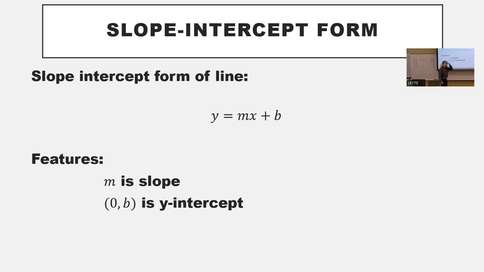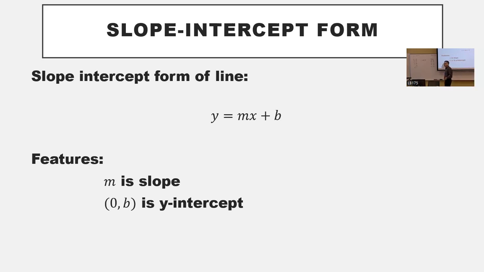Now, what we're going to do as far as this section is we're going to focus on this form of the line, the y equals mx plus b, or f of x equals mx plus b. This is called the slope-intercept form of the line. And why it's called the slope-intercept form of the line is because when a linear equation is written this way,